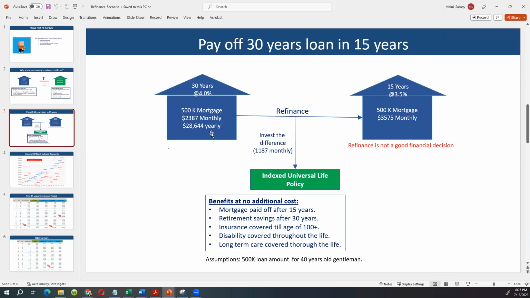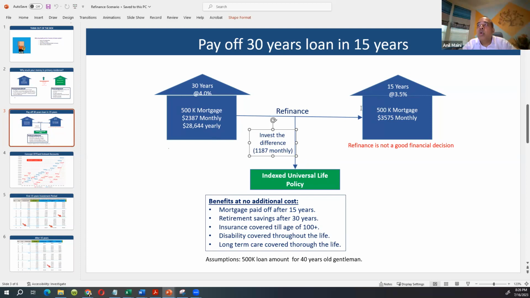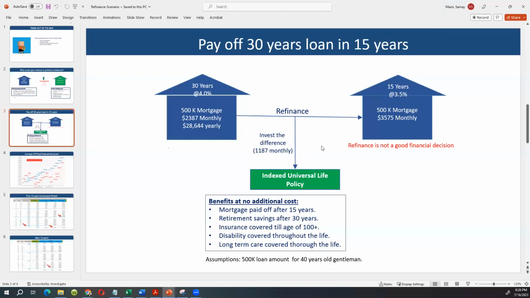So it's the excess money. Yes, it is the excess money. Anyway, if they wanted to pay off their home early, they would have to put excess money in their mortgage. So why put it in the mortgage? Instead of putting it in the mortgage, put it in IUL. That is the strategy. And if somebody has already taken the loan, a 15-year loan, if they have already taken 15 years, then what happens?